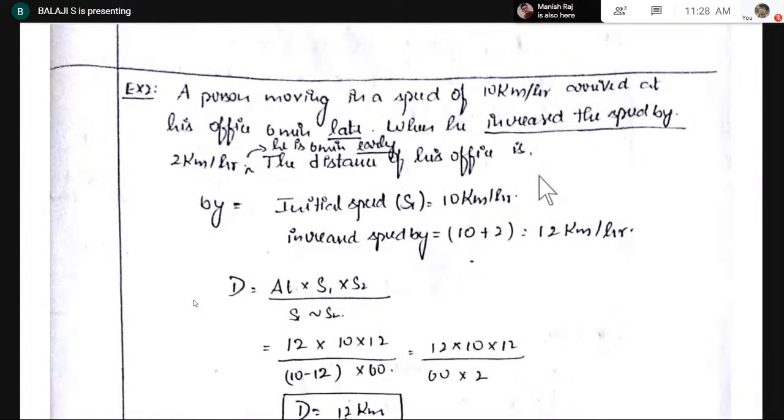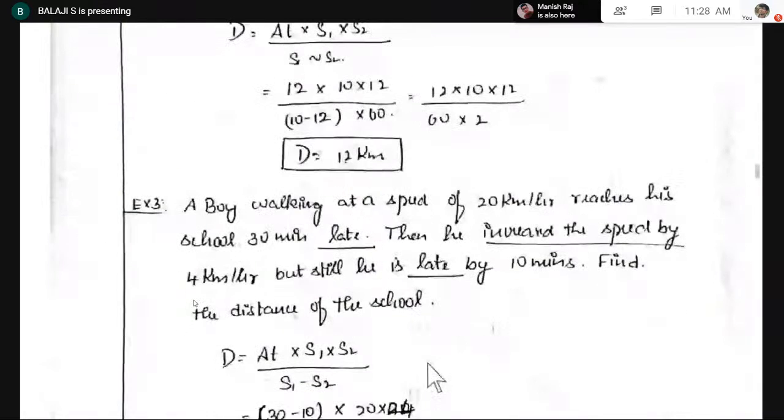When he travels at 12 kilometer per hour, he reaches his office 6 minutes early. The distance of his office is, see here, in this question late is contained and early is contained. So what must we do? We must add both the timings, that is del t, which is equal to 12. We know the speeds are 10 into 12, and 10 minus 12 in the denominator. Why are we putting 60 here? Again, the speeds are in kilometer per hour and the 12 is in minutes, so to convert into hours we divide by 60. So the distance is 12 kilometer. See here, another question: by walking at a speed of 20 kilometer per hour,